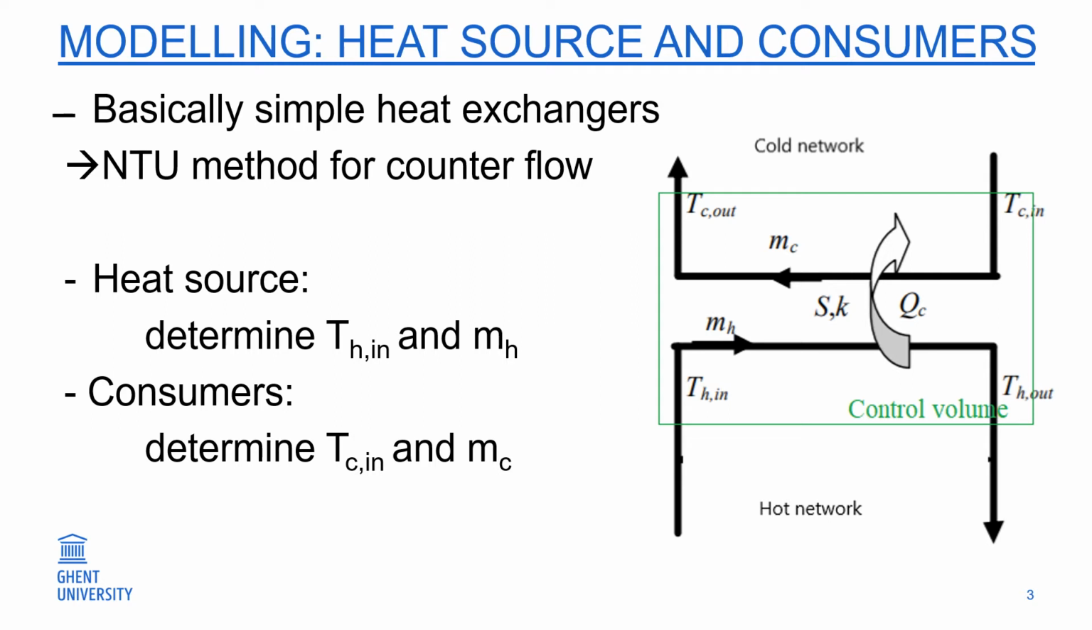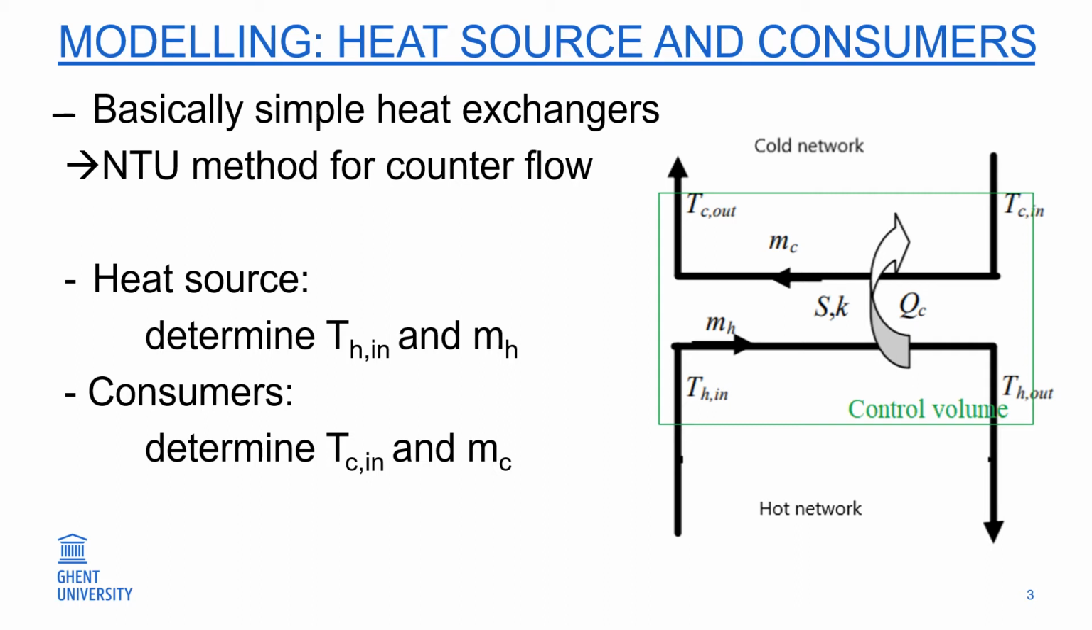As can be seen on the figure, a heat exchanger exchanges heat from a hot side to a cold side, and we want to know the amount of heat that is transferred in these components. In the heat source, the source is of course the hot side of the exchanger, and we want to determine the amount of heat that the source adds to our network. Therefore, two input signals are needed, namely the temperature at the inlet of the hot side and the mass flow rate at the hot side. And the mass flow rate and inlet temperature at the cold side follow directly from the demand of the consumers